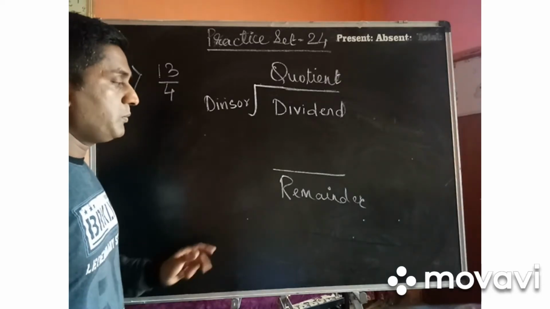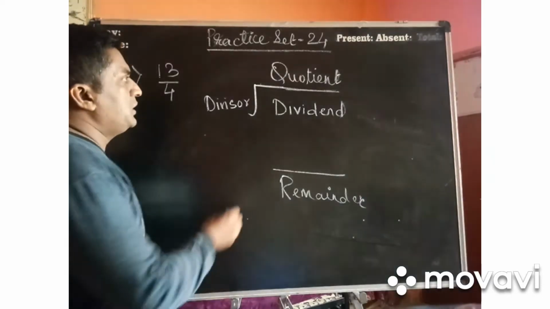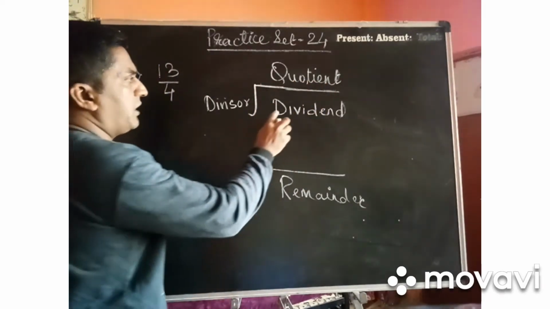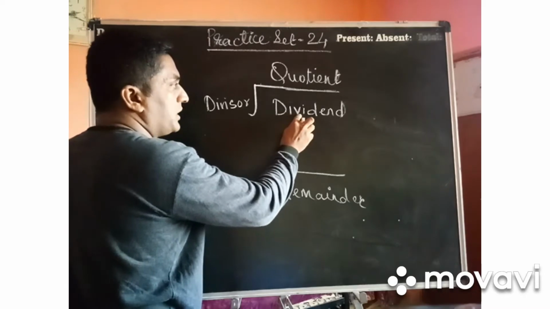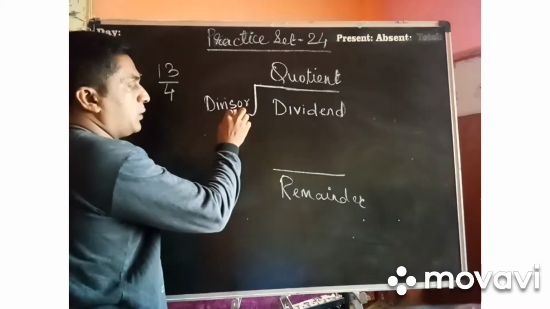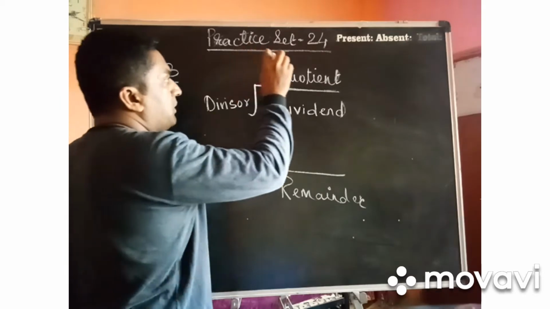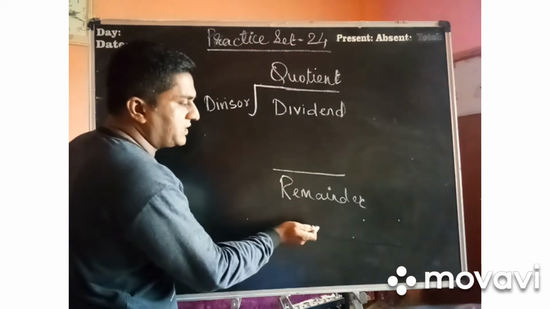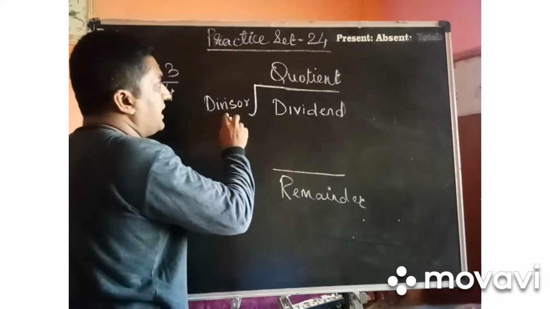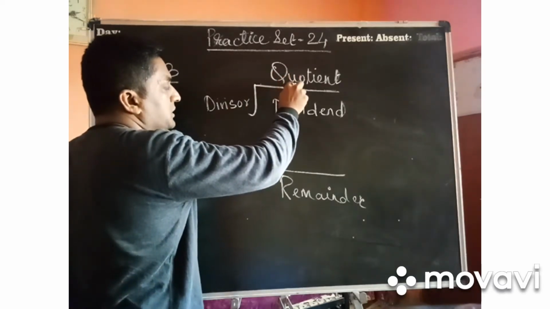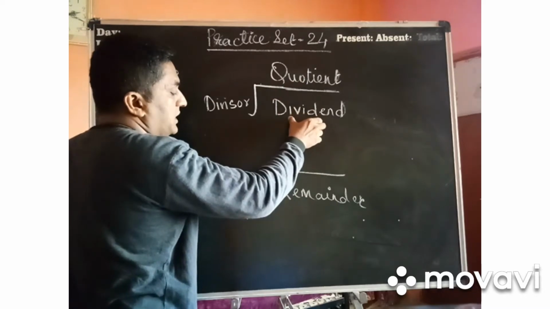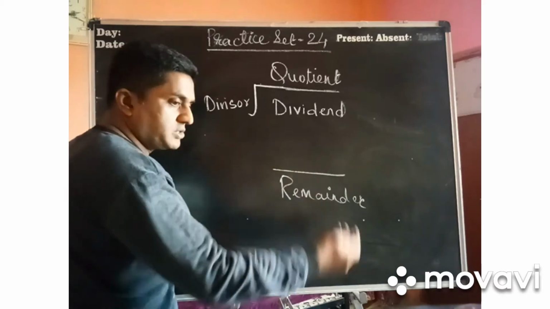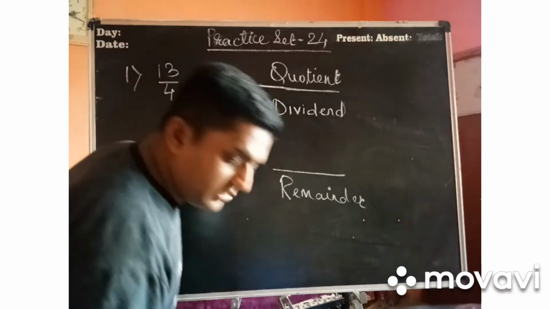Now before starting with division, let me tell you, when we do division of any rational number, the number which is being written inside is called the dividend. The number which is written outside is called the divisor. The number which goes up is called the quotient, and the number which comes underneath is called the remainder. So divisor multiplied by quotient can give us dividend. Sometimes the remainder can be 0, sometimes the remainder can be more than 0. Right everybody? So let us start with the first one.